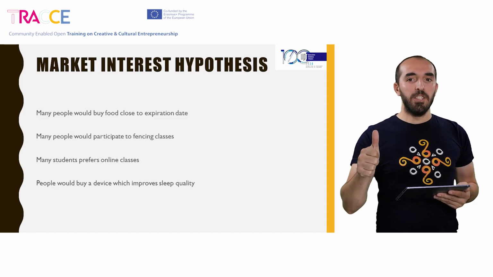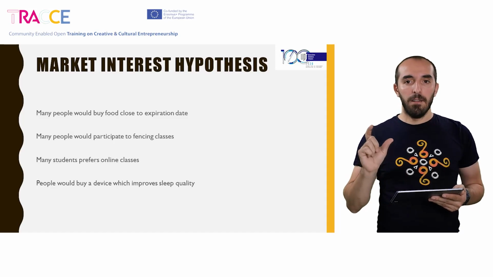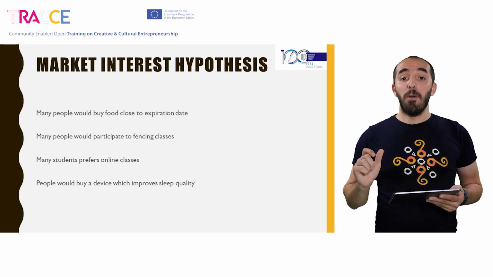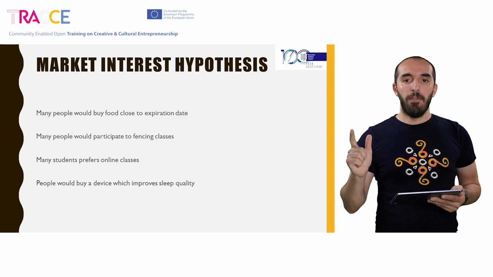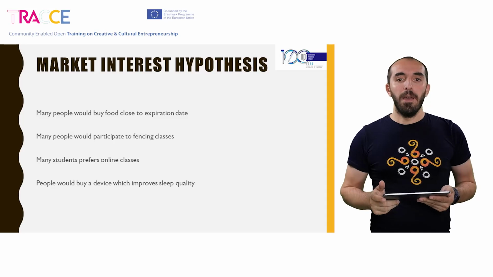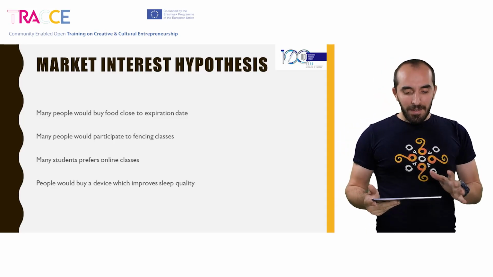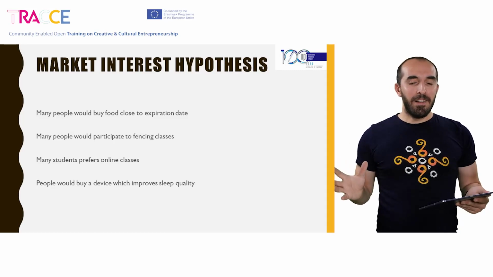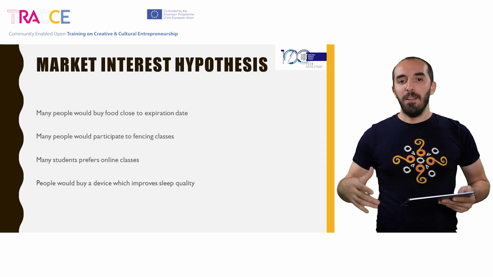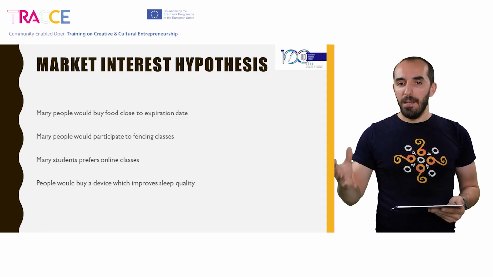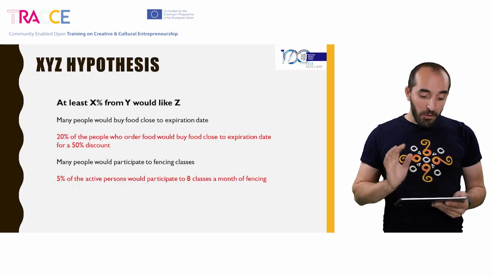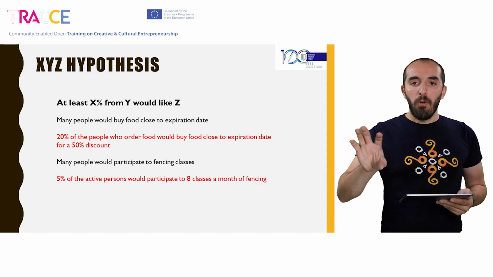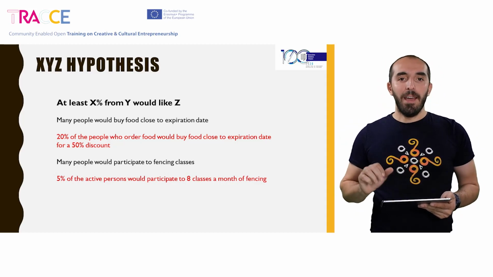Again, do not forget, cheap and fast. These are two very important things for us. We want to test ideas cheap and fast. But as you can see, these hypotheses are very general. It's hard to actually test them in this way. We should quantify them. We should move forward to what is called an XYZ